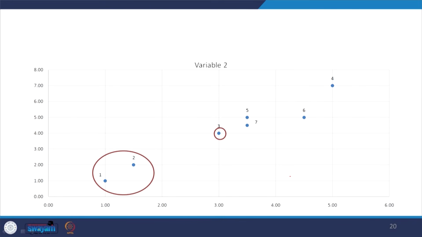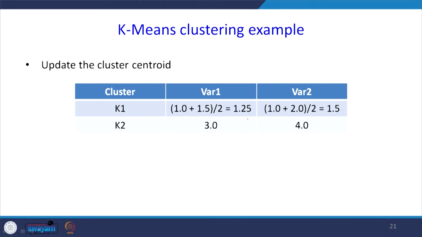So, what happened, this point is 1.5 comma 2. Now in this cluster, 2 and 1 are assigned into the same cluster. After assigning, we are going to update the centroid of this cluster, that is points 1 and 2. Now, we will update the centroid of cluster K1, because initially there was one individual, and now one more individual has entered that cluster K1. So, we are updating for those attributes.